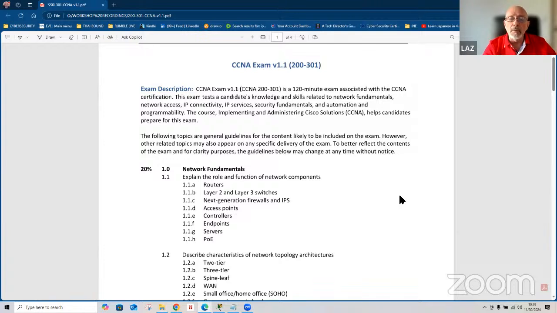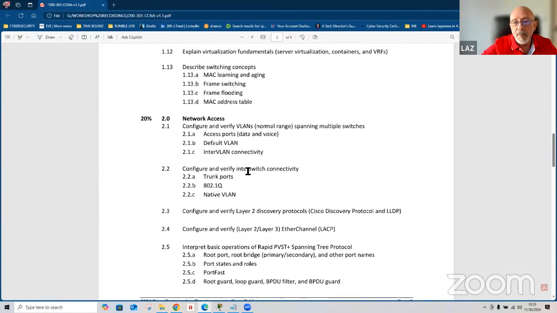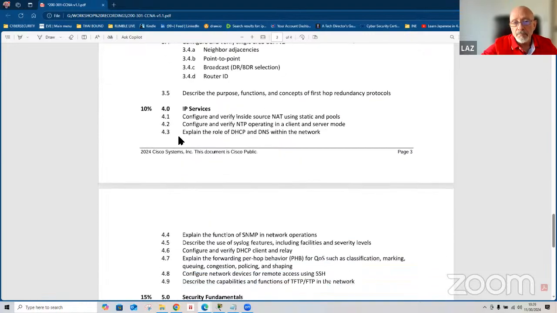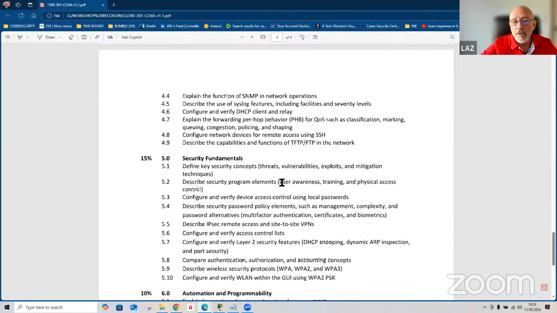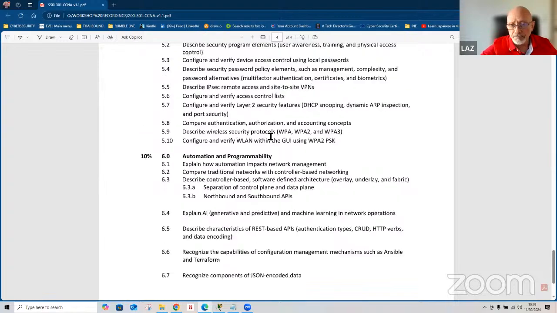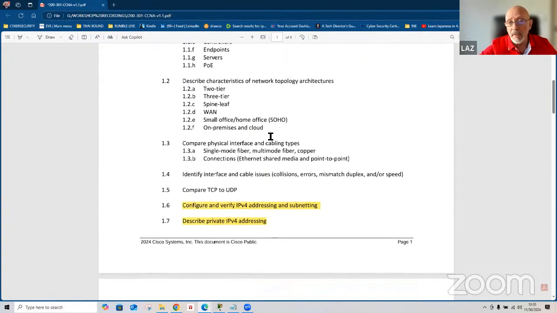Why I wanted to show the CCNA exam version 1.1, the 200-301, is to show the domains that we need to cover. There are six domains: network fundamentals, network access, IP connectivity, IP services, security fundamentals, and automation and programmability, being the last one. One of the biggest problems that I see with the students still taking their tests,